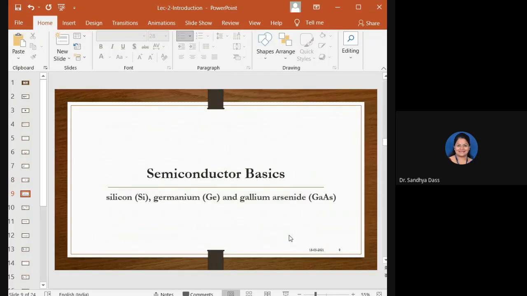So coming to basics of semiconductors. Semiconductor materials such as silicon, germanium, and gallium arsenide have electrical properties somewhere in between, as I mentioned, conductor and an insulator. They are not good conductors nor good insulators. They are semi, in between conductors and insulators. They have very few free electrons because their atoms are closely grouped together in a crystalline pattern called crystal lattice. But electrons are still able to flow, but only under special conditions.